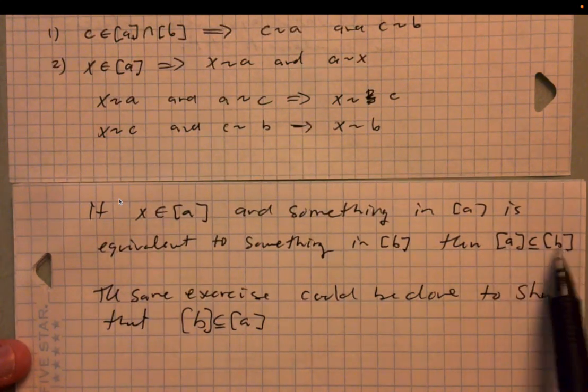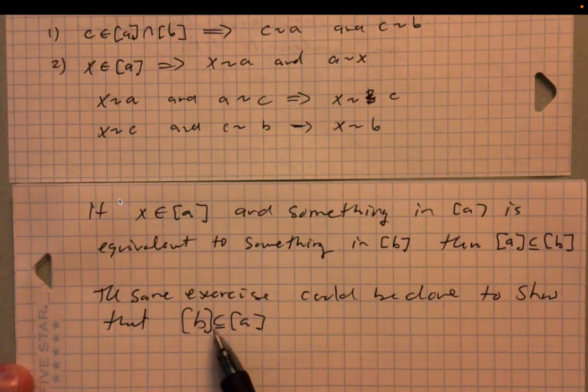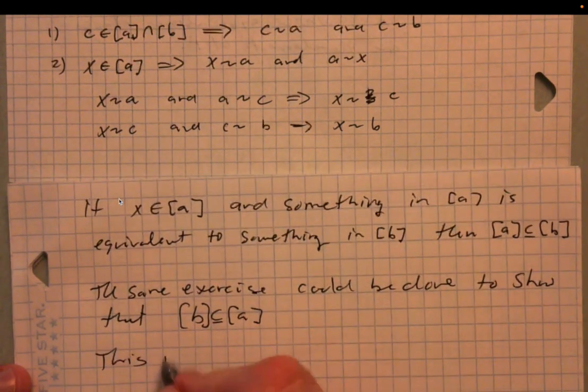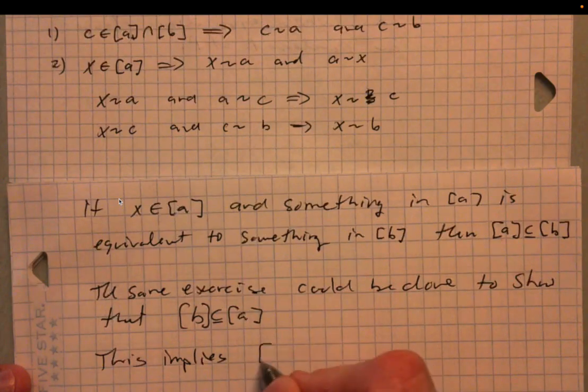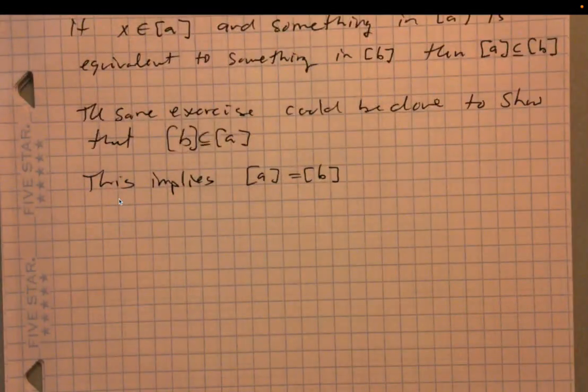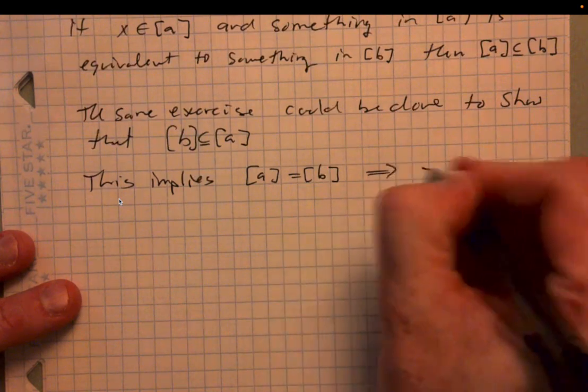And so if the equivalence class of A is a subset of the equivalence class of B, and the equivalence class of B is a subset of the equivalence class of A, then this implies what? They're equal. That's the implication, that the equivalence classes are equal. And so obviously that's a problem, right? Because our assumption at the onset was that these were distinct equivalence classes. That implies a contradiction